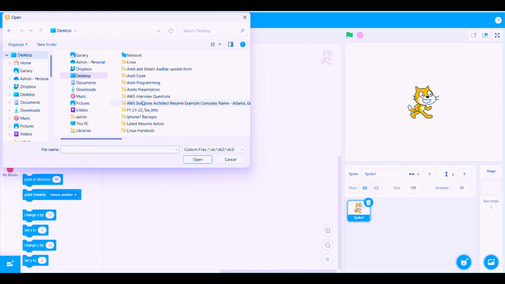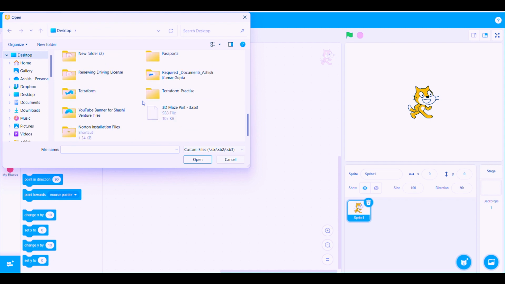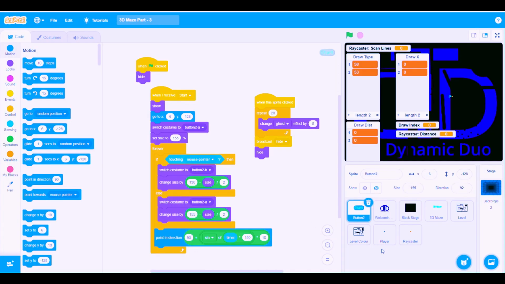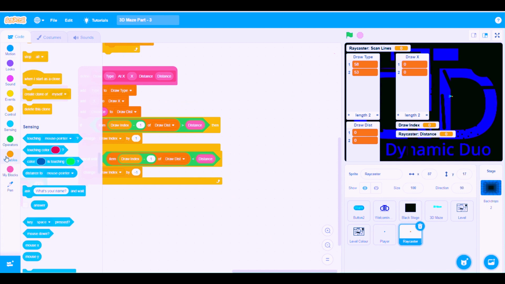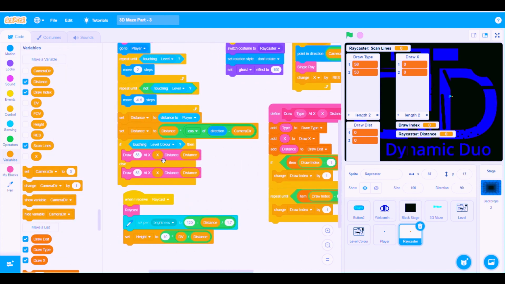Here we go. Let's open this. Come back to the Raycaster sprite. Let's see if we have the height variable. Yes, we have it. So let's continue with the when I receive Raycaster sprite. Okay. So let's look at it right here. So let's add the other